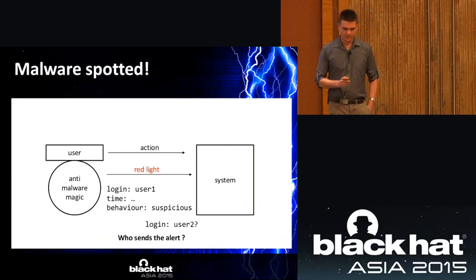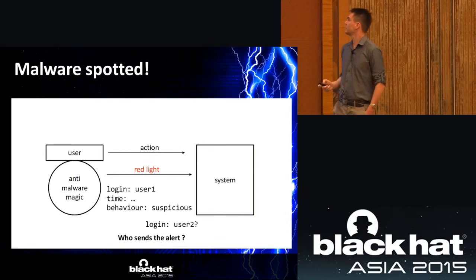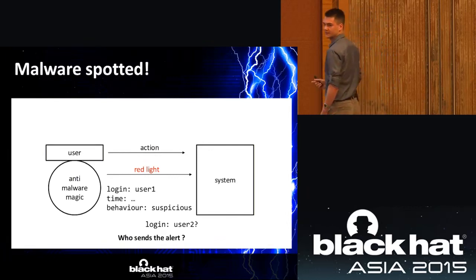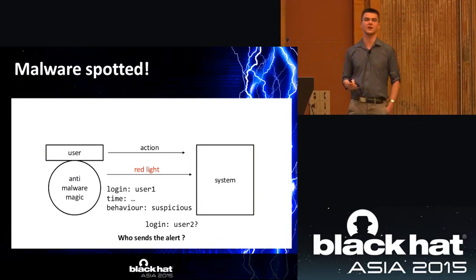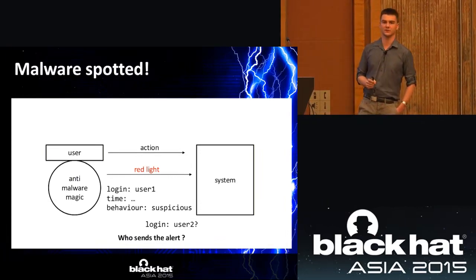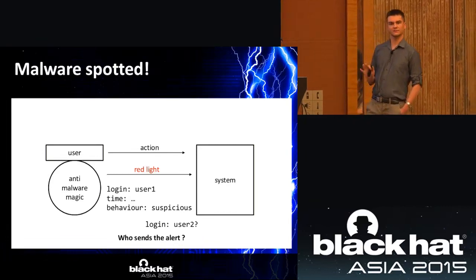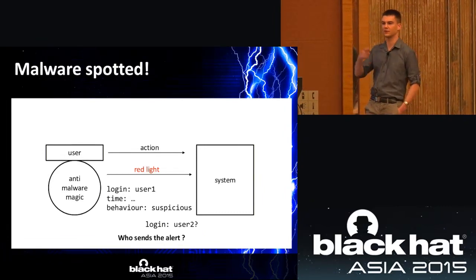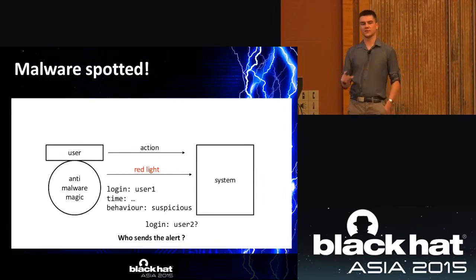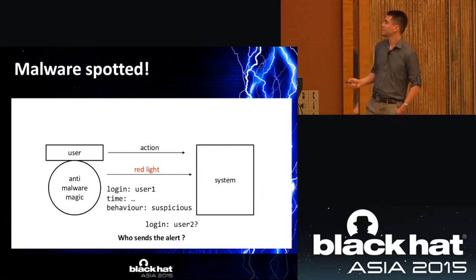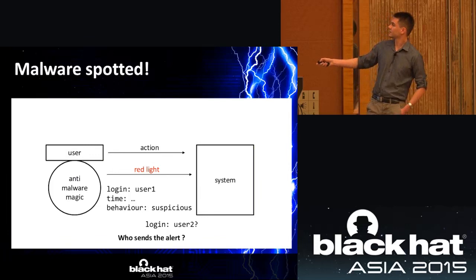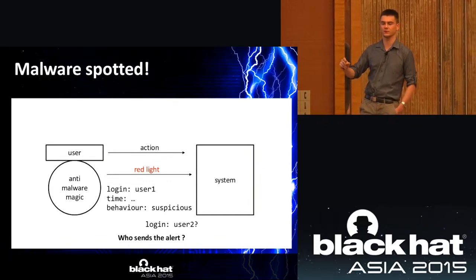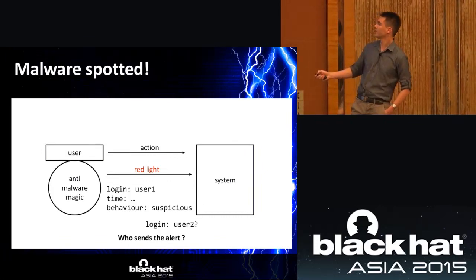Okay. In one of the solutions, we found that when the malware was spotted, an alert was sent. And it was actually strange because the alert was generated on the client machine, in the client browser. There was some really good obfuscation there. It was obfuscated, then some base 64, XOR, and so on. All of this was encrypted with the RSA public key that I mentioned before. But the message inside was this: there was a login of this particular user who used an infected machine at the time, and some definition of the behavior,